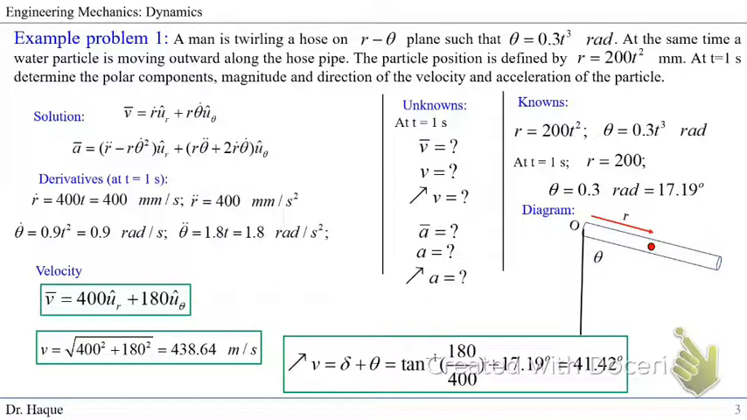So how do we find the direction? This is kind of tricky. So we know that if we know the x and y component, we take the tangent inverse of the y component, which is 180, and the x component, which is 400, so that will give us the angle of the velocity of this particle. So this is the velocity v, right? And then it will give us the angle,